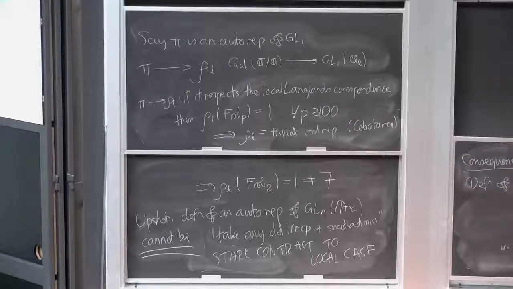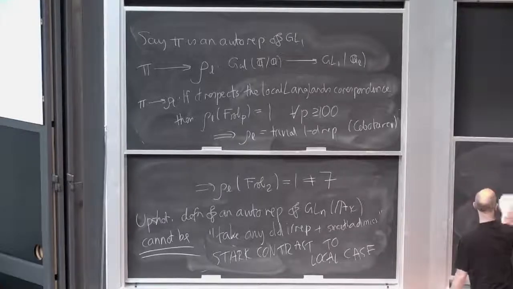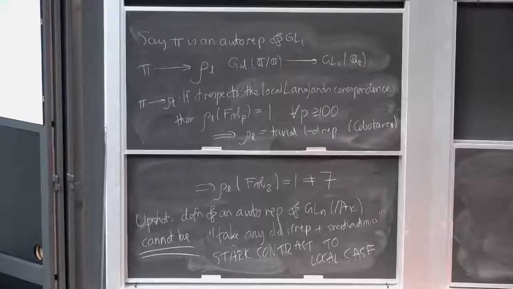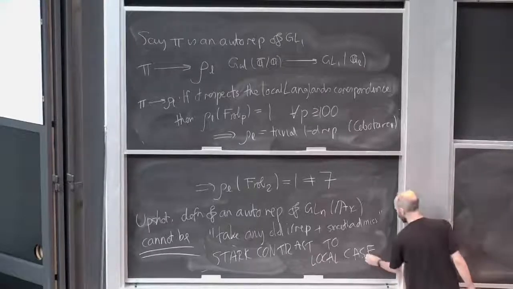No, I'm just kind of talking vaguely. I didn't really tell you what this infinite tensor product was, right? You have to assume you're unramified at all but finitely many places, and then you take some direct limit. And it will be admissible because you're unramified at all but finitely many places. I haven't done this properly yet because I don't really need it. This is just me trying to motivate what's going on.